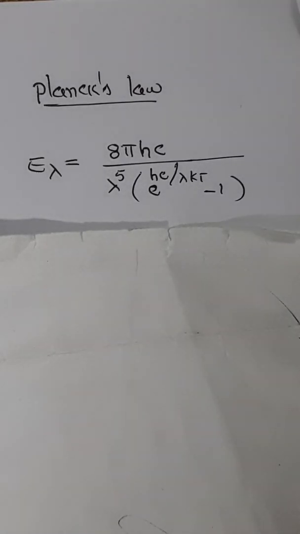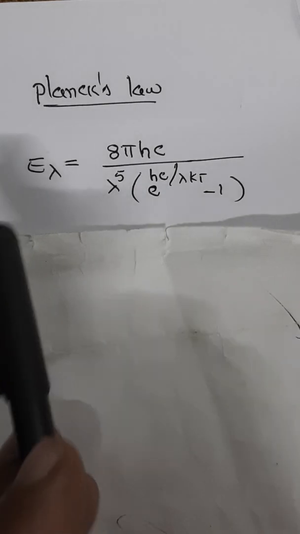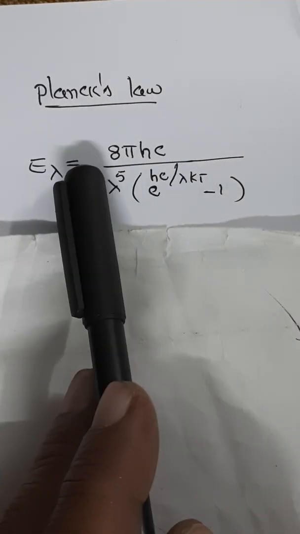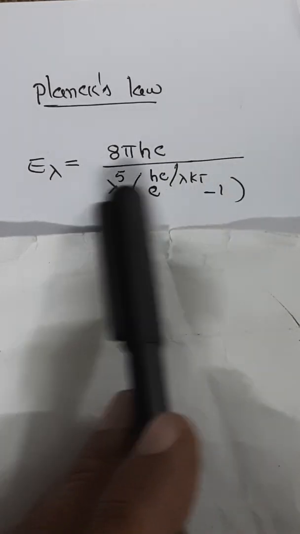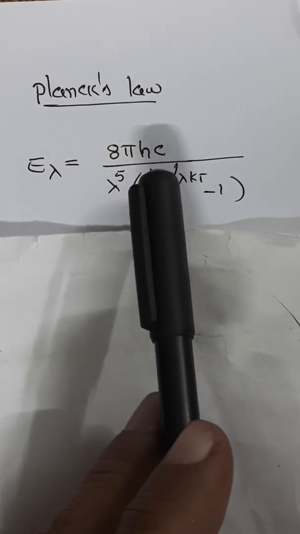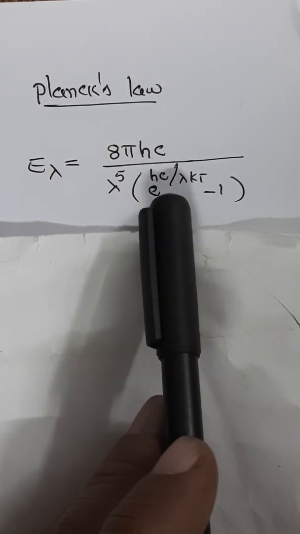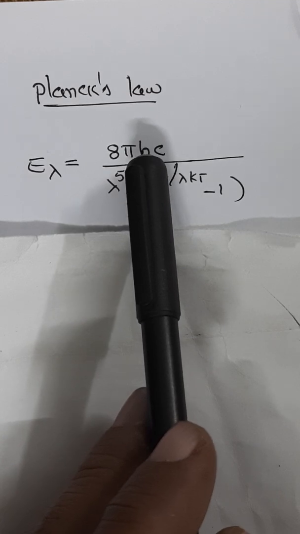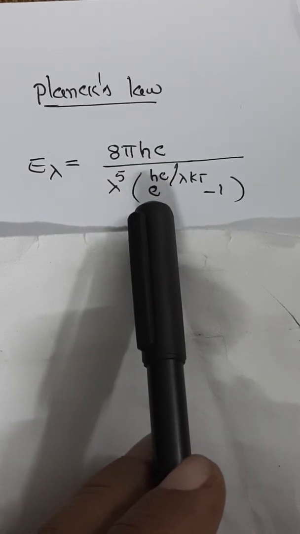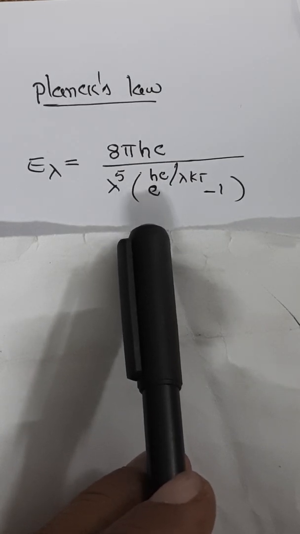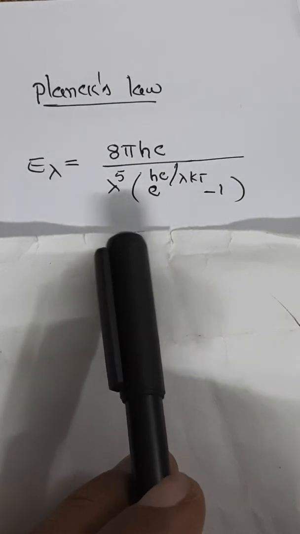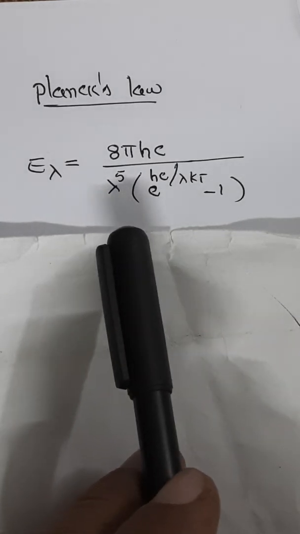On the basis of quantum theory, Max Planck also derived the energy distribution in the thermal spectrum and gave his formula as E lambda is equal to 8 pi hc by lambda power 5 into e power hc by lambda kT minus 1. We can derive this anyway. Here h is the Planck's constant, c is the velocity of light, k is the Boltzmann constant, and lambda is the wavelength. Now, we shall try to understand Wien's displacement law. We will arrive at the equation of Wien's displacement law in the next session.